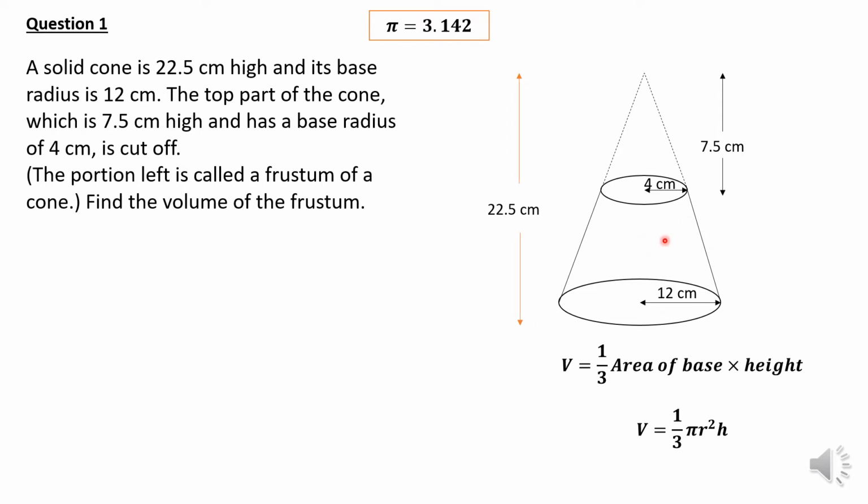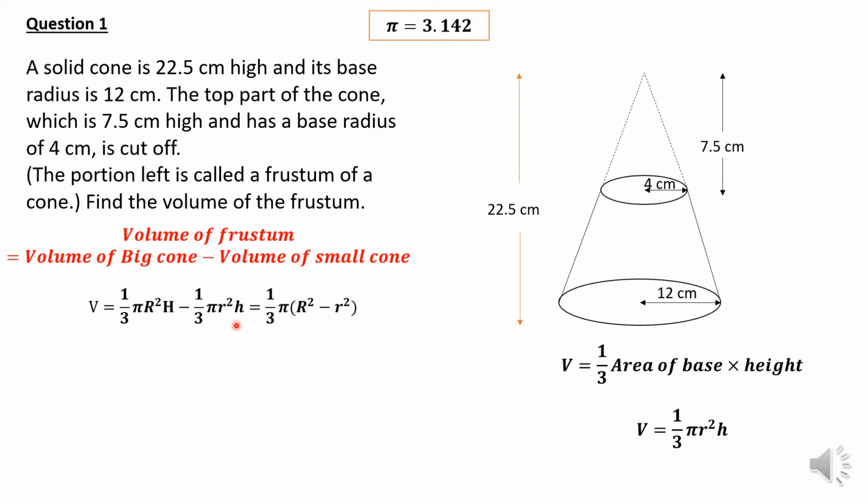Then I'm going to subtract that by the smaller cone here. Okay, so if you look at what I did, I called the big circle a big capital R, and then a small one, I'll make a small r here. So I'm going to subtract them. So when you subtract, this is what you get, especially if you factor out the